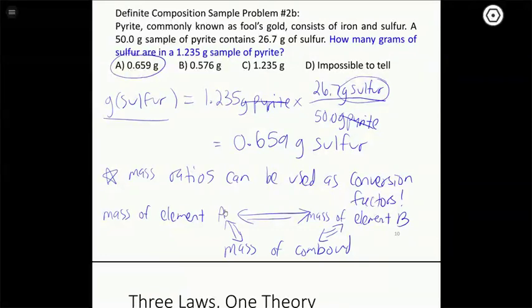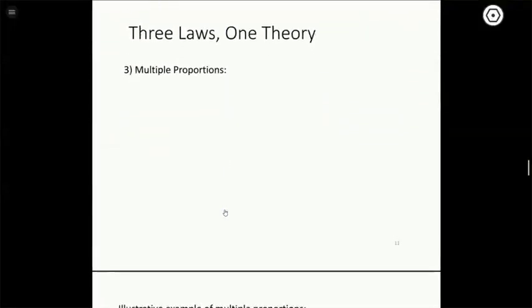Okay. So the last mass law is the most complicated of them. It's not too bad, but there's just not a real friendly way to write this one out. It's kind of wordy, kind of verbose. But it's the law of multiple proportions. So as it turns out,